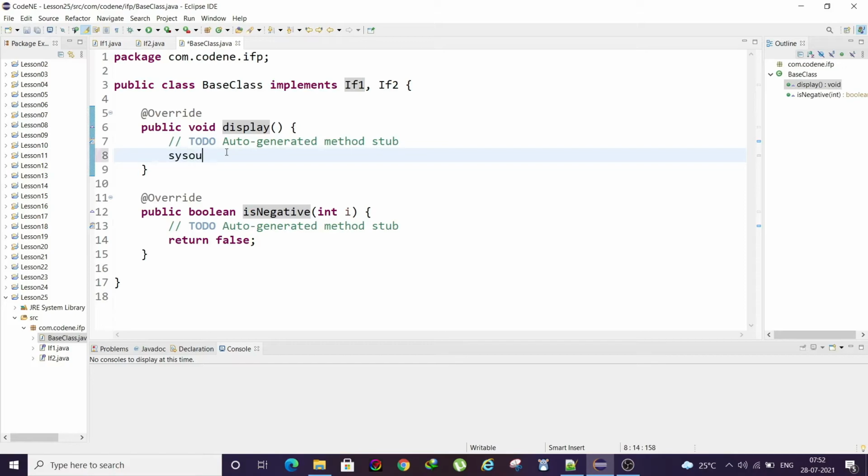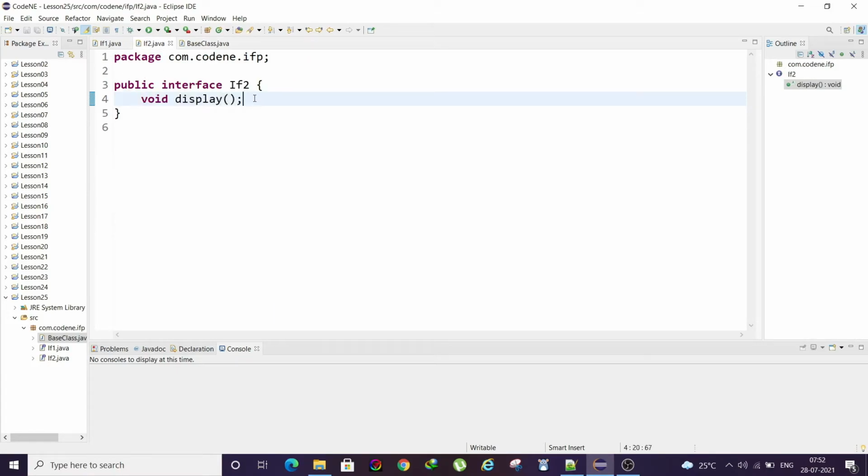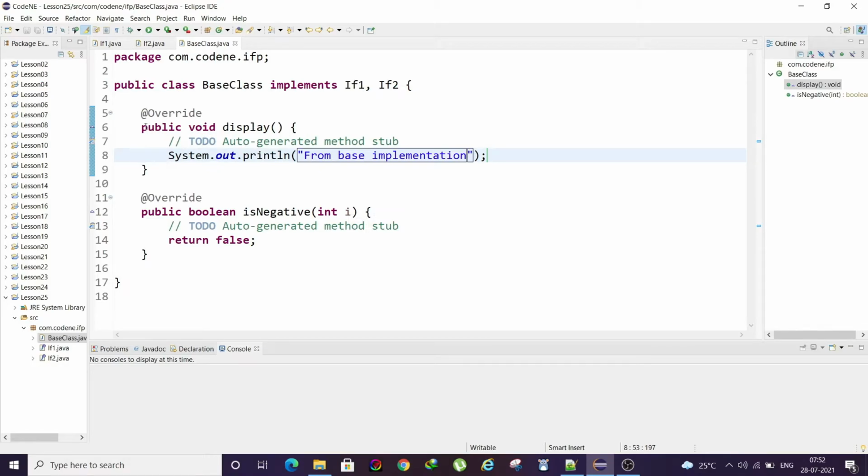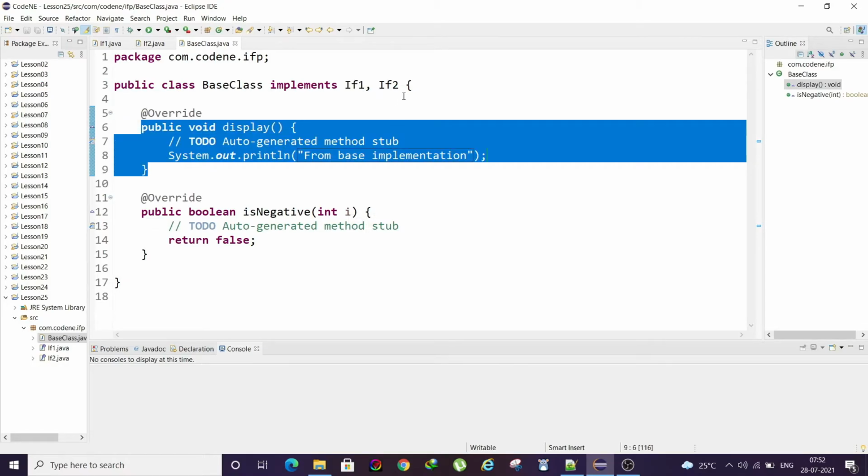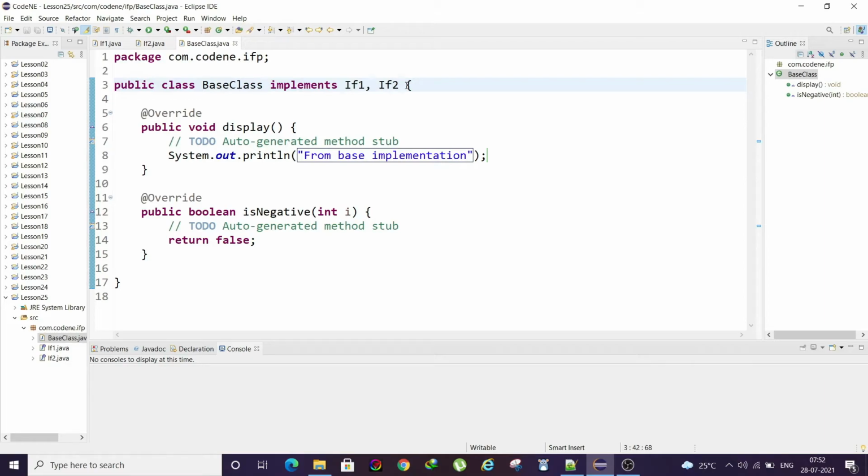For example, I print something like this from base implementation. Obviously, when we run this display, it will print only this because neither if1 nor if2 has any body. So there is no chance of the diamond problem here, and hence using interfaces, Java supports multiple inheritance. You can implement as many interfaces as you want.